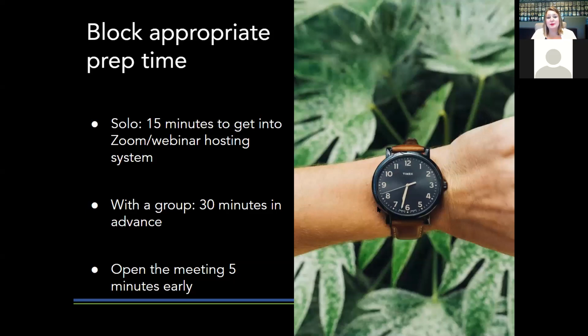Block appropriate prep time. So when you're hosting a webinar, give yourself 15 minutes. If you're hosting by yourself, a webinar or a meeting, give yourself 15 minutes to get into Zoom, make sure your webcam and your microphone are working, make sure that everything is loaded up properly, things are displaying right. And 15 minutes should be enough time to test it and then troubleshoot anything that's not right and be ready